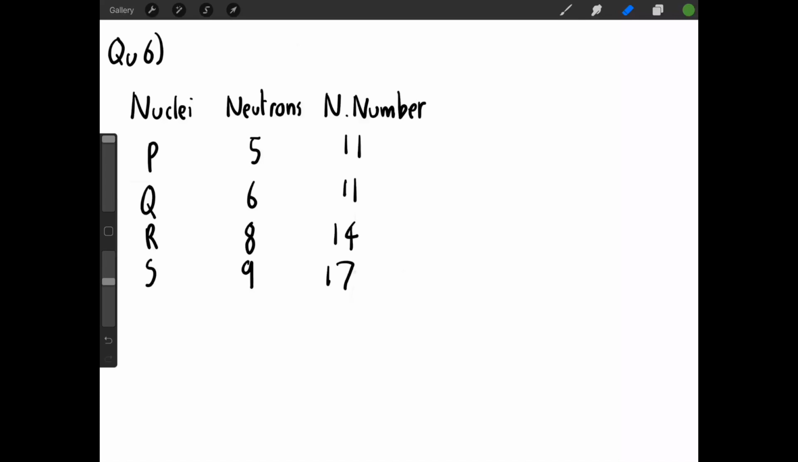Question 6 of the matter and radiation pack. We have a table of data, 4 different nuclei with some neutrons and a nucleon number. The first question wants us to work out which nucleus contains the fewest protons. So I think the easiest way to do this is to actually add another column over here, which would be the proton number. Remember, to work out the proton number is simply our nucleon number take away our number of